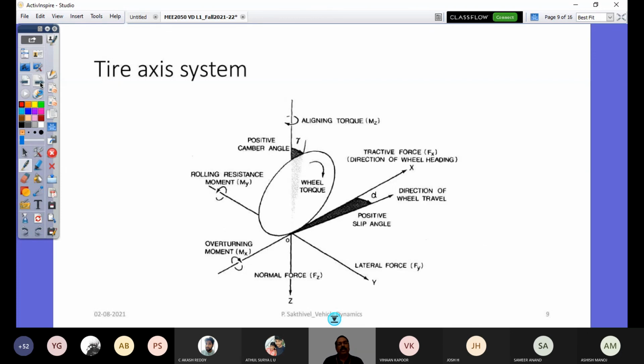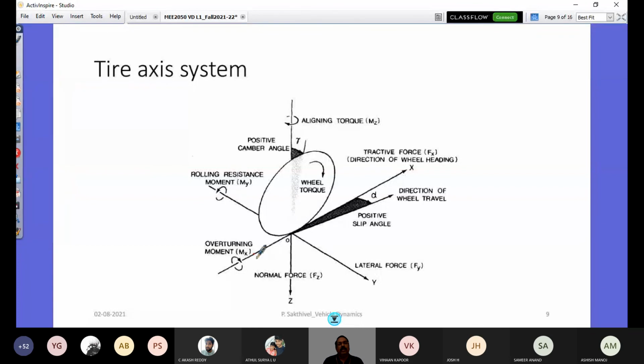And this is the tire axis system. You see the x-axis in the forward direction positive, and the y-axis in this direction. So it is a right-hand coordinate system, and we are going to look at it like that. Instead of looking at it the way we did in engineering mechanics, now it is the SI coordinate system. Your index finger shows the forward direction, the x direction. The middle finger is the lateral direction. The thumb shows the ground direction. With respect to this, we are able to define three force components and three moment components, and important angular definitions called slip angle and camber angle and so on. We'll see them in detail.